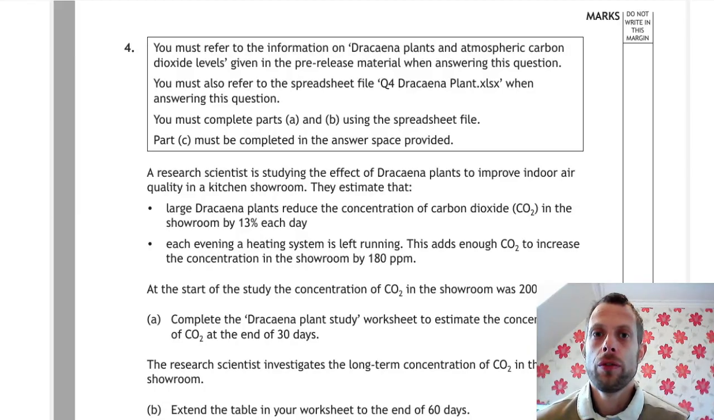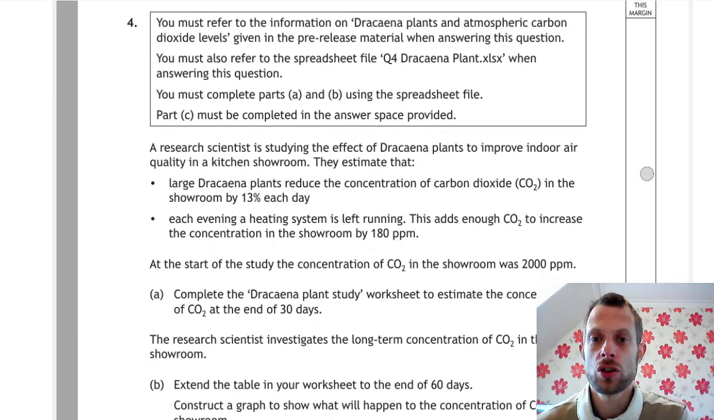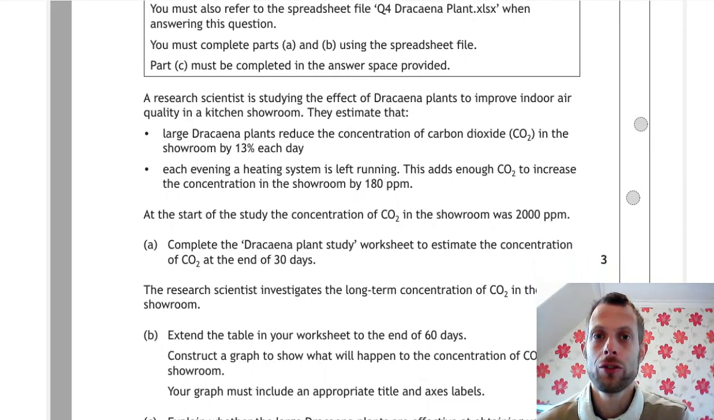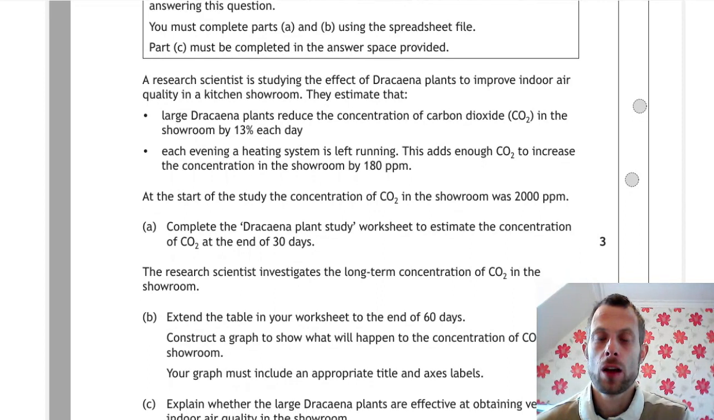We're on to question 4, which uses a spreadsheet. We have access to the spreadsheet file q4 dracaenaplan.xlsx. You also need to refer to the information in the pre-release material, known as the data booklet. So this is a question using a recurrence relation, and we are modelling carbon dioxide concentrations over time using the